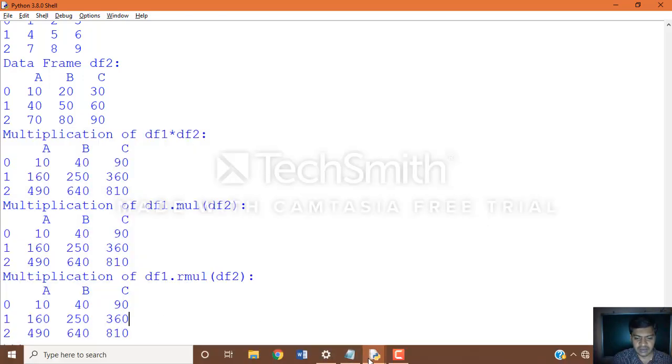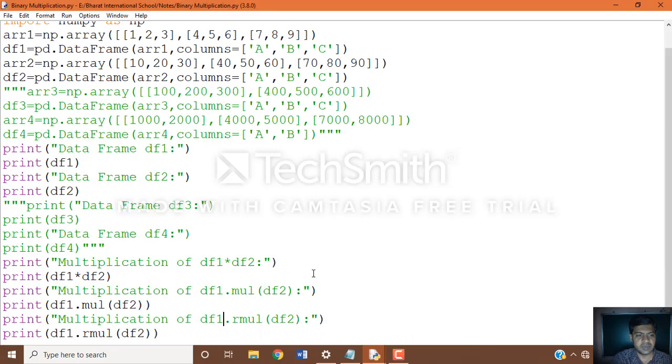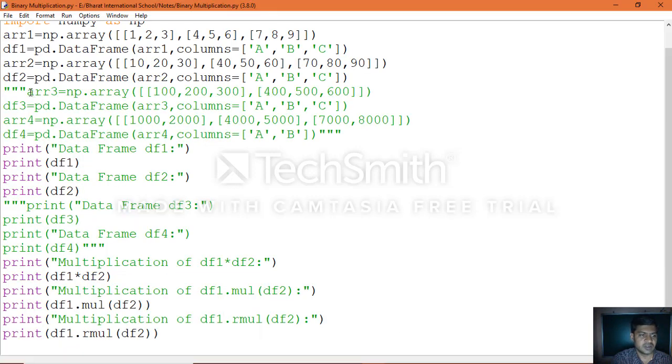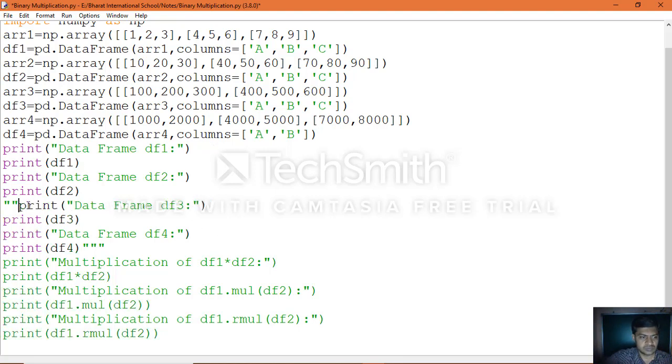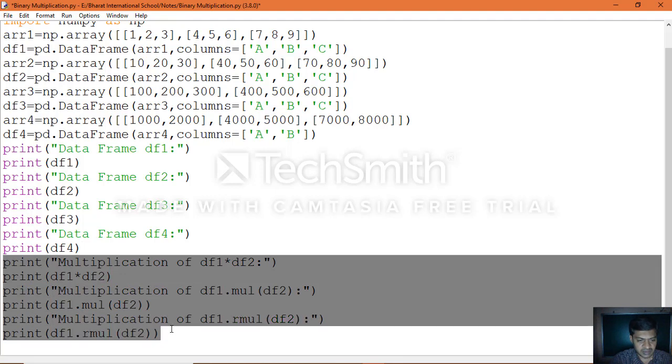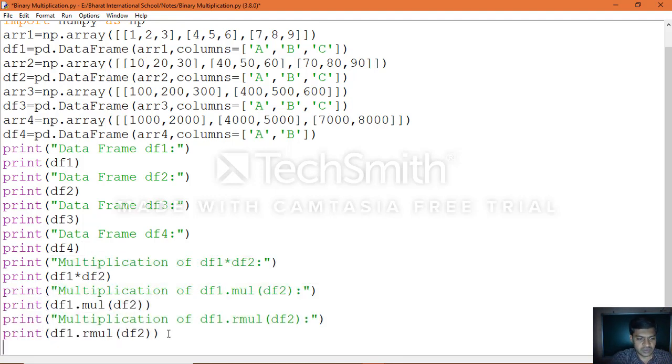Same way, suppose you want to execute with 1 and 3 now, then remove that and make use of these three statements. Again, this is 1 and 2.